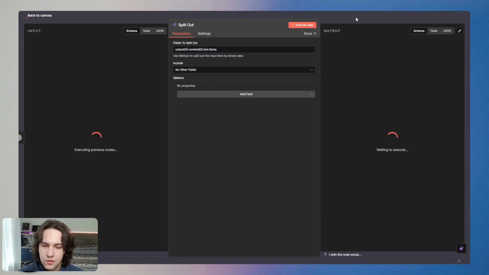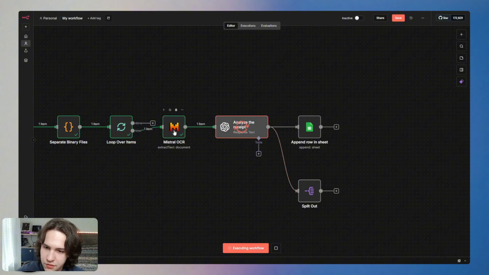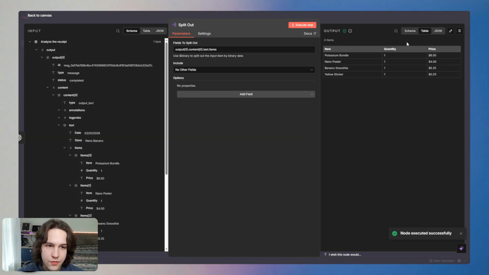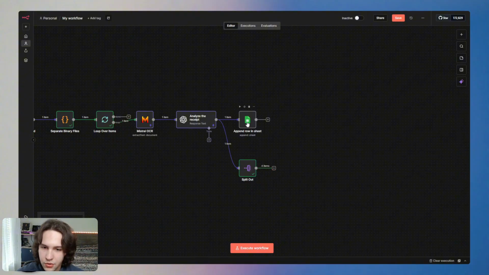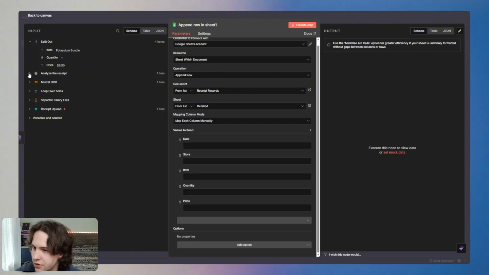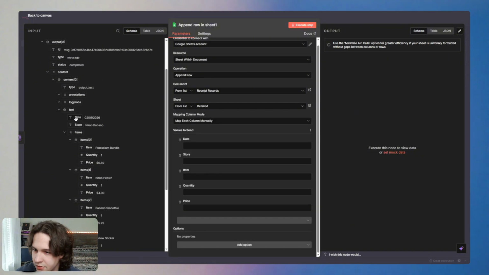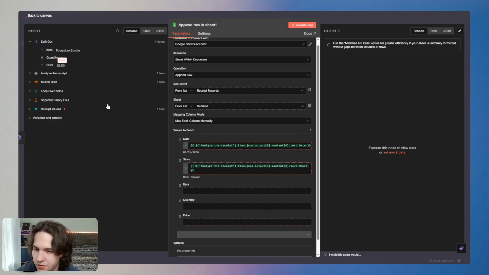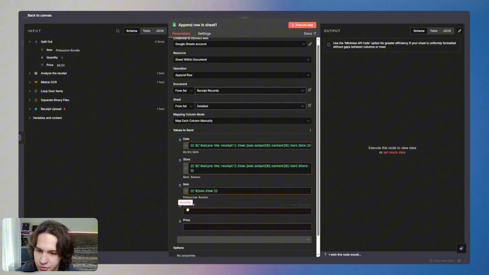We execute this. Probably should just pin this so it doesn't keep running. So we have 4 individual items, and now we can upload them to the correct Google Sheet. All we have to do is just copy this one on the top and change the total to detailed. For the date, you have to take from the LLM model. So right here, the store name, but for the actual items, is going to be from the split out node,